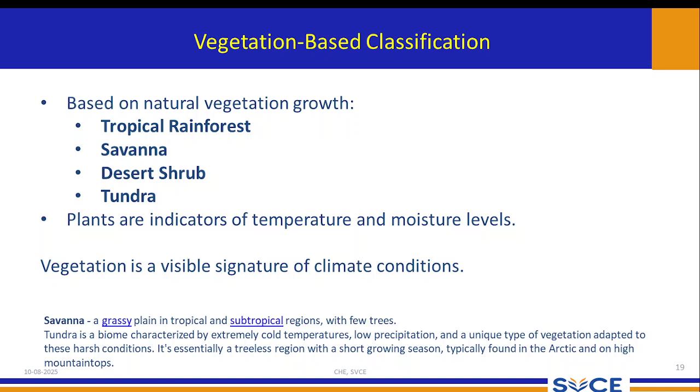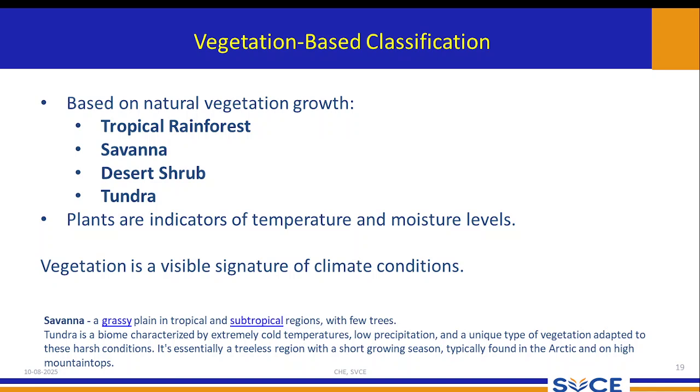If you go to Russia and such places, it's very cold and there will be snow. There won't be much rainfall, and even the rainfall comes as cold snow. Unique type of vegetation: you could find only particular types of plants developing in the polar region, in a very cold climate.